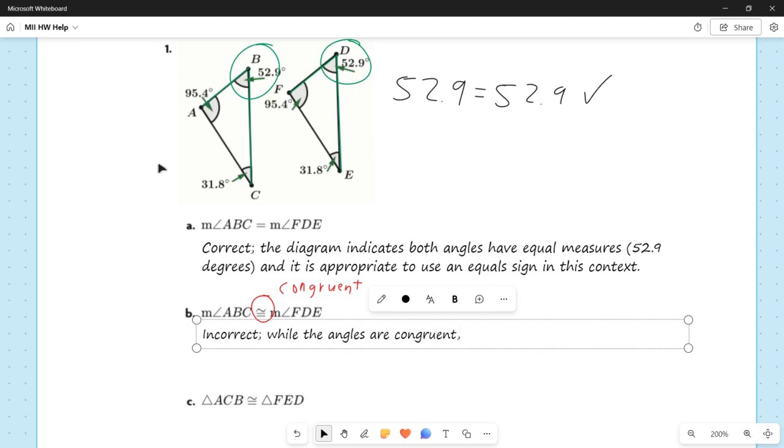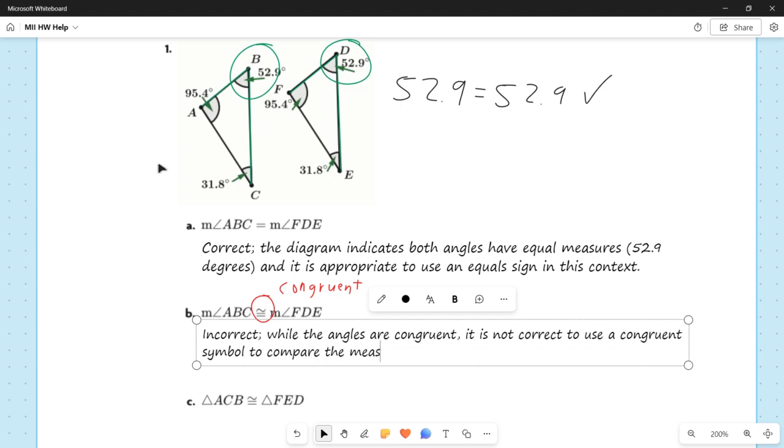So angle ABC is congruent to angle FDE because they have equal measures. So while the angles are congruent, it is not correct to use a congruent symbol to compare the measurements of the angles. An equal sign